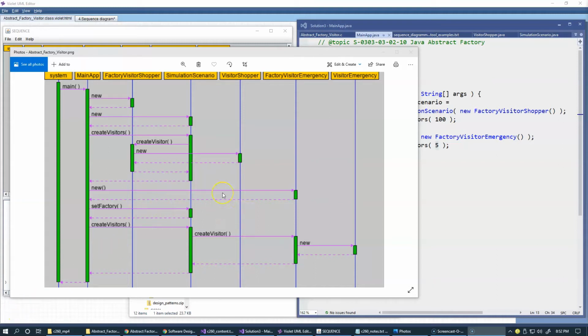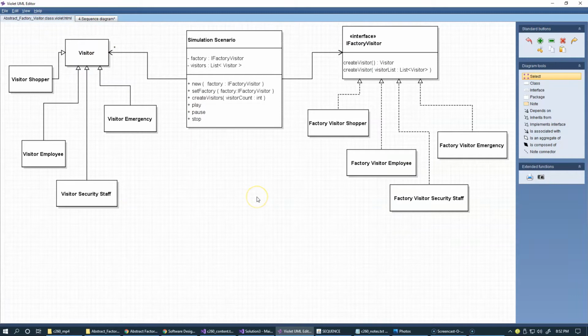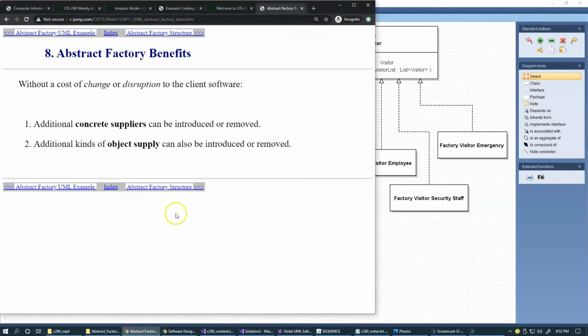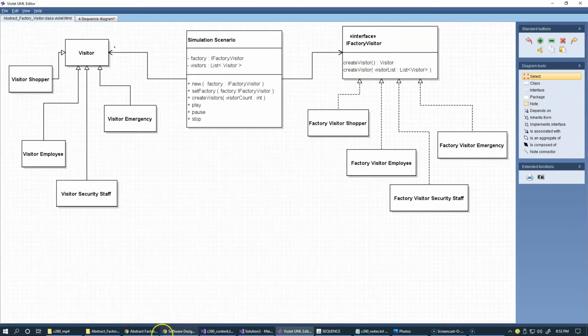Okay, so we have the complete picture of the abstract factory design pattern in action using the sequence diagram as well as structure right here. But I also would like to conclude this presentation by just reminding you the ideas behind abstract factory. Basically, first we talked about the responsibility of this design pattern, and the client software just has to use some kind of abstract interface. Okay, so this is an abstract interface example right here,